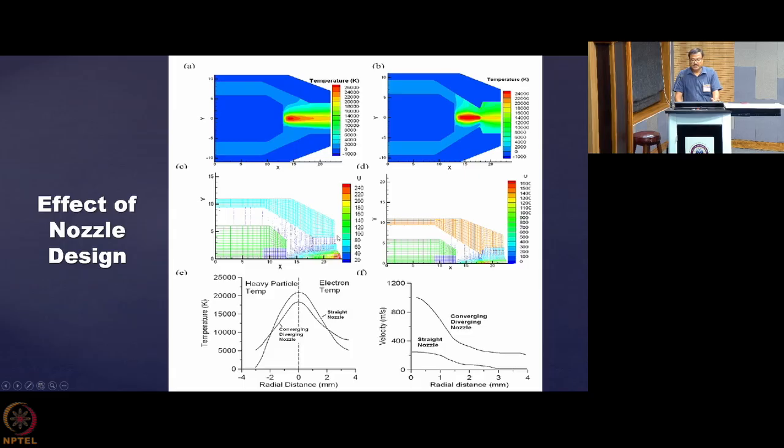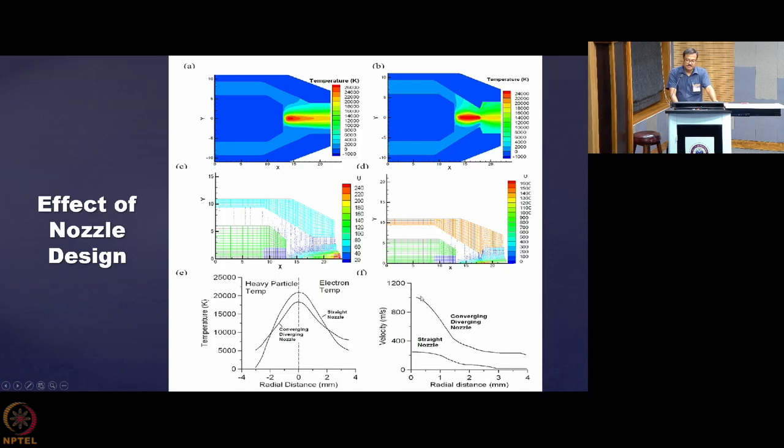And when I change this distribution, you see a drastic change in the velocity. In the case of a straight nozzle, you get a lower velocity, but because here you have made it converge like that, that causes a sharp increase in the velocity in the central zone. You see over here, because of that only, you get a much higher velocity. So if a process requires a higher velocity to reduce the interaction time, or to increase the productivity, then you may go for this kind of design.